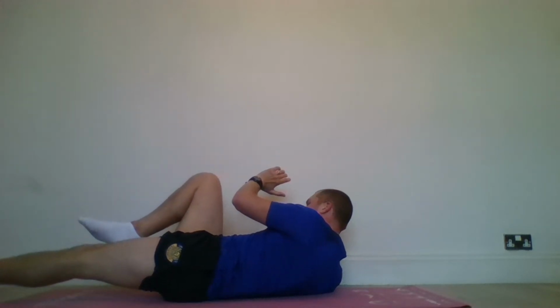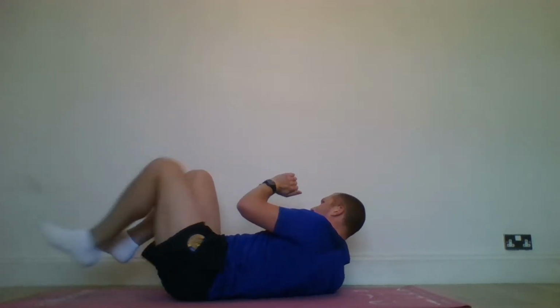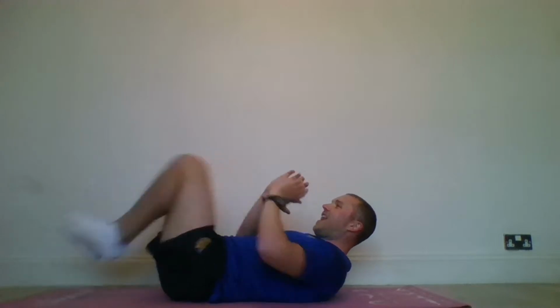If it's too much, switch and hold. Go back to those basic crunches. Switch and hold. One of the more advanced ones you can do for your abs, this one. Switch and hold. Switch and hold. Are you ready? Here we go. 1, 2, 3, 4, 6, 7, 8, 9, 10, 11, 12, 13, 14, 15, 16, 17, 18,